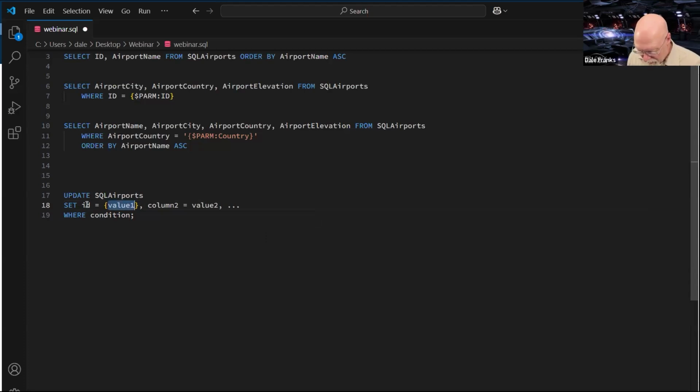So I'll throw in our system variable, as we talked about last week. The very first thing I'm going to need to put in there is the $ sign to make this a SQL safe parameter. And then I can just go ahead and put in airport ID as my field.